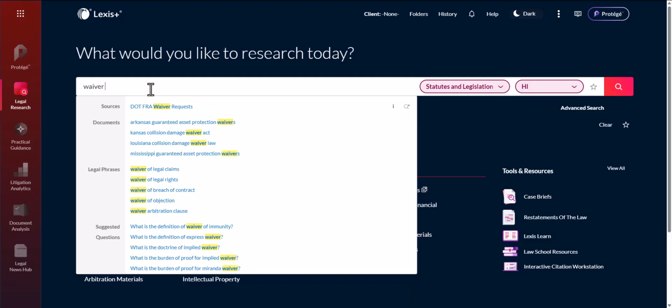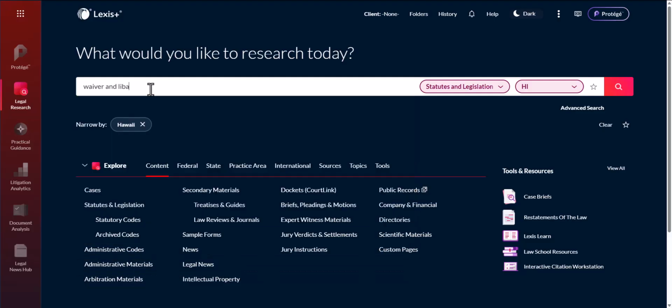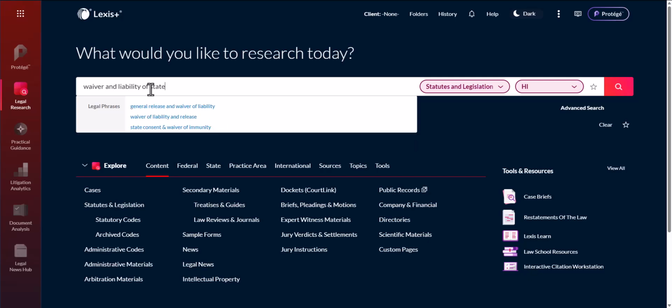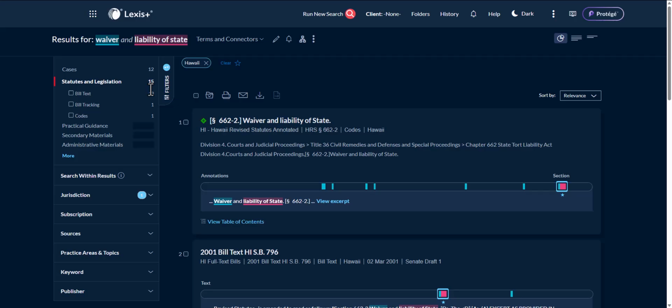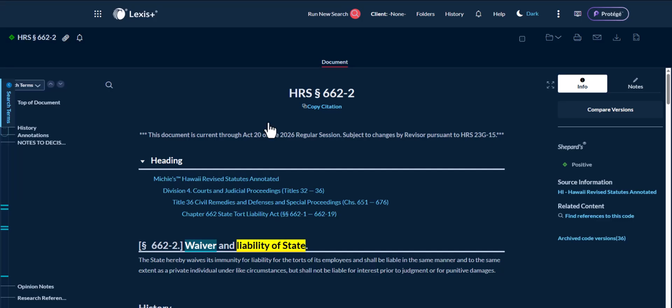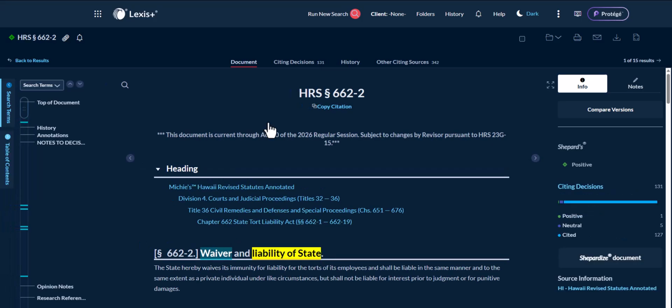So this was waiver and liability of state, and see what we find. It is that top one. So it's another way to get into the material based on whether you know the citation or the topic of the statute. So I've shown you both Westlaw and